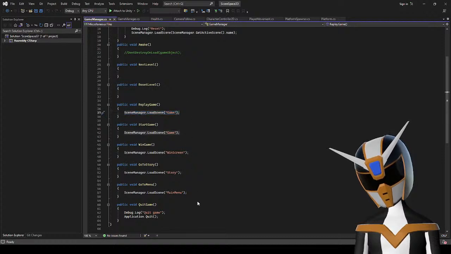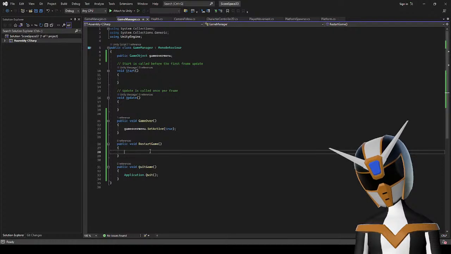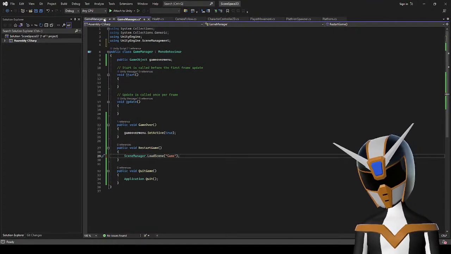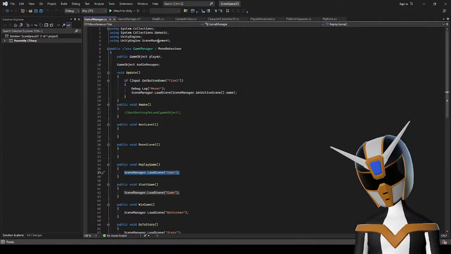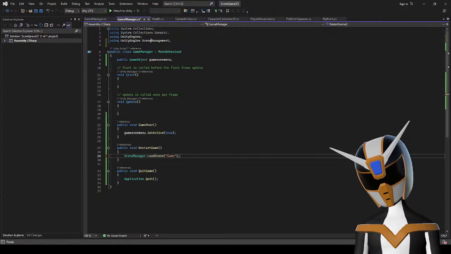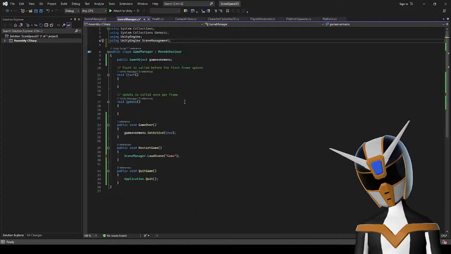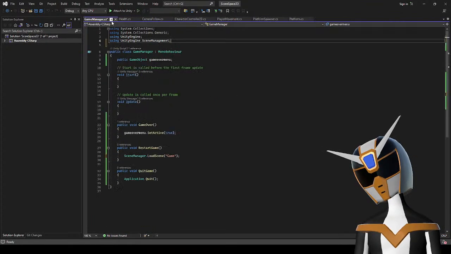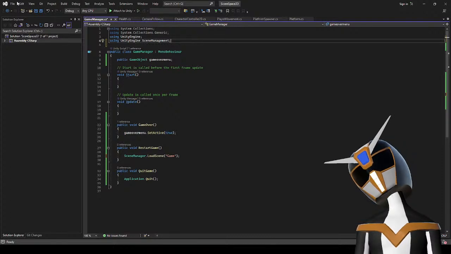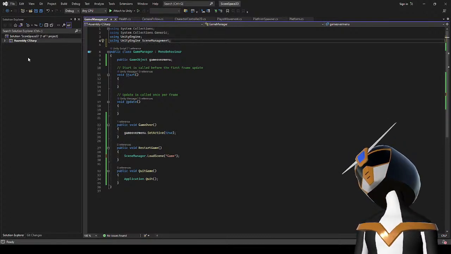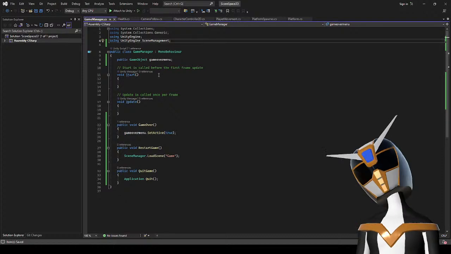I'm pretty sure I need to, first of all, rename the scene, but I also make sure I'm using scene management. Oh, I'm already using scene management. Does that just happen if you name something game manager? I guess so. I guess that's just an automatic thing. It just adds that if you name a script game manager now. Okay, that's cool.